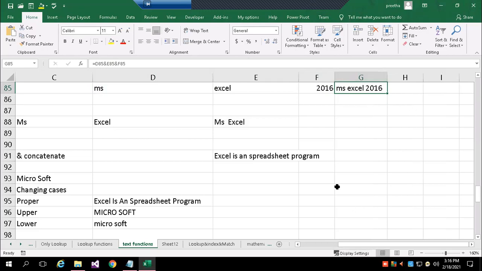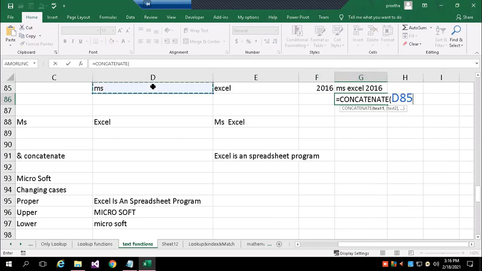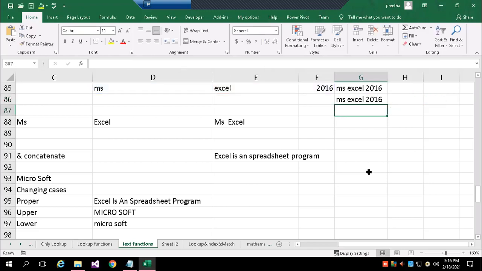Okay. If I want to achieve the same thing through a function, I have here CONCATENATE. Full term is there, concatenate. So same thing, first cell, comma, second cell, comma, third cell. Okay. You are getting now.